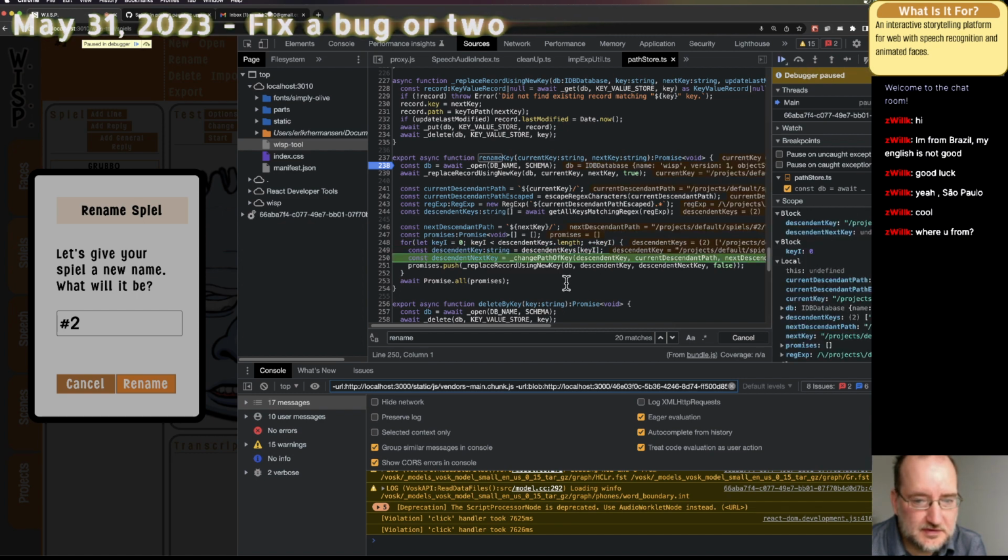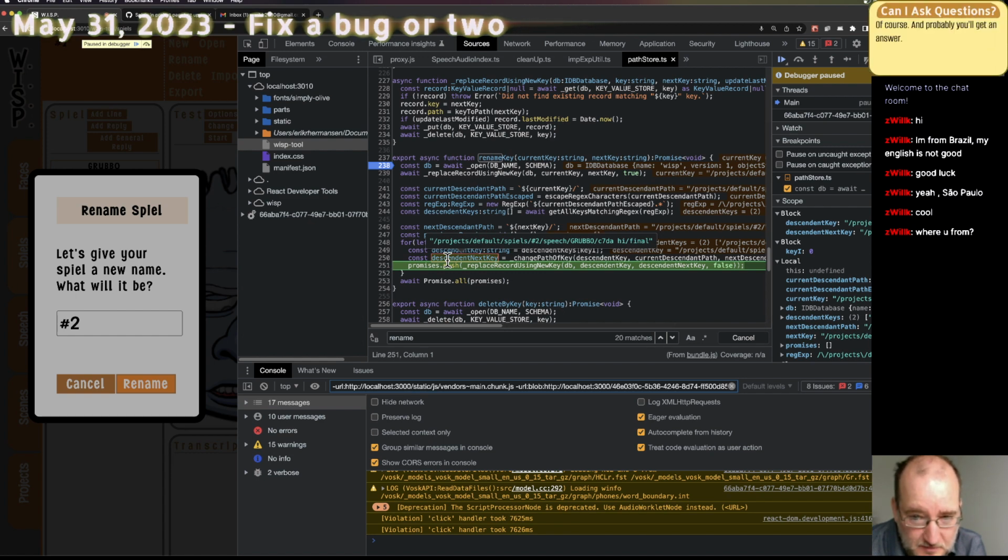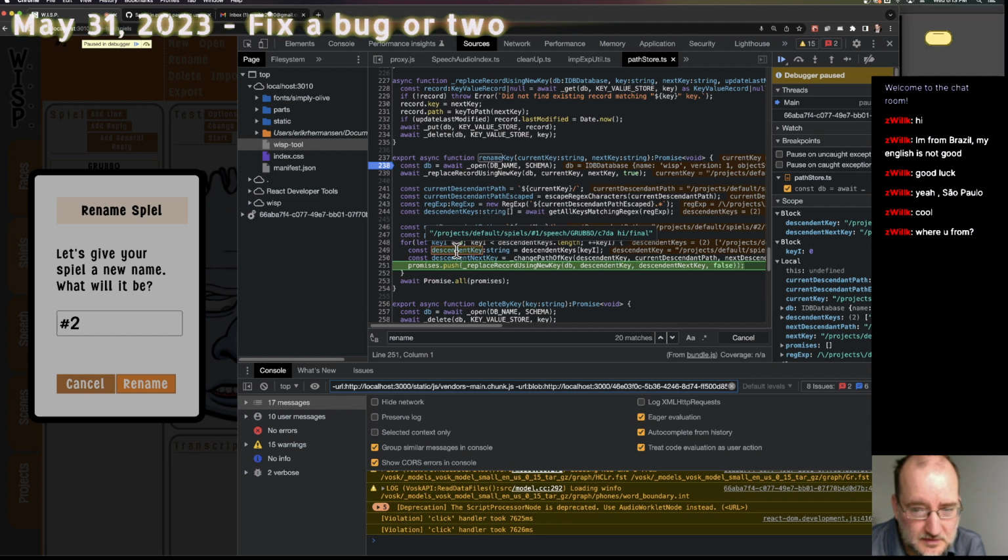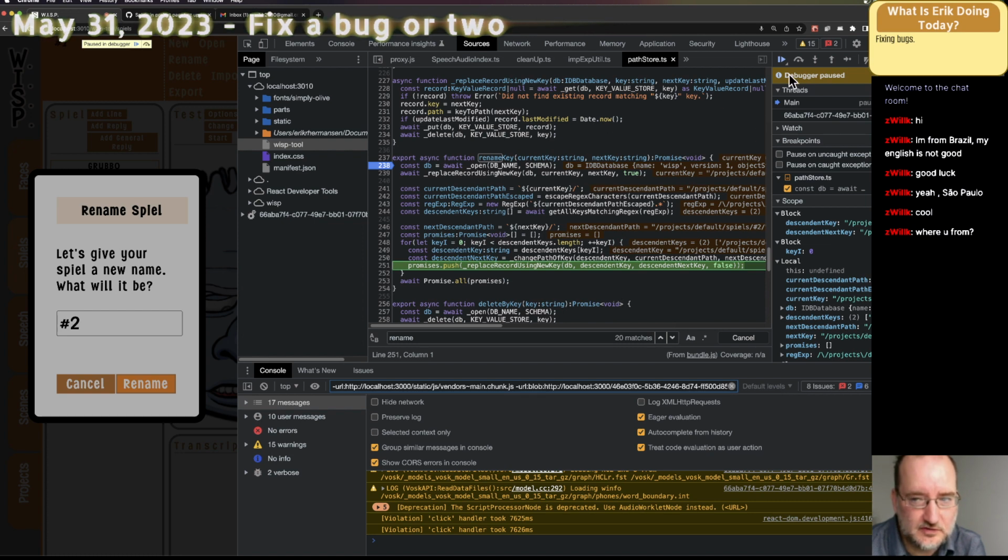So this key should point to, yep. The next key, we're going to change the path of it. Same, but at number 2. Is that the same? Looks the same to me. Except for that number 1 to number 2. Cool. That all looks good.